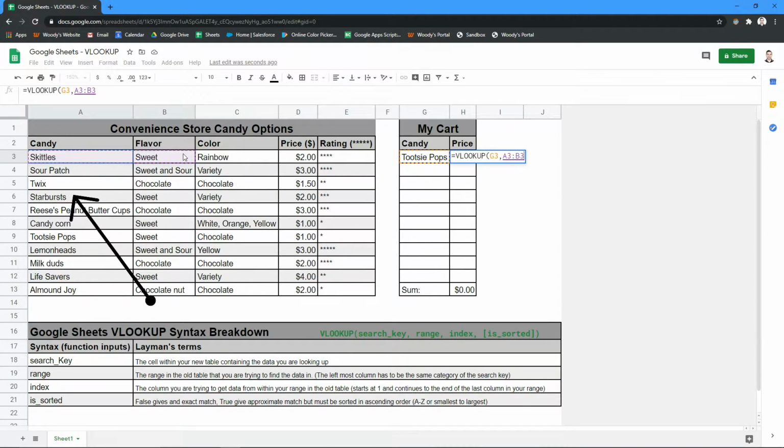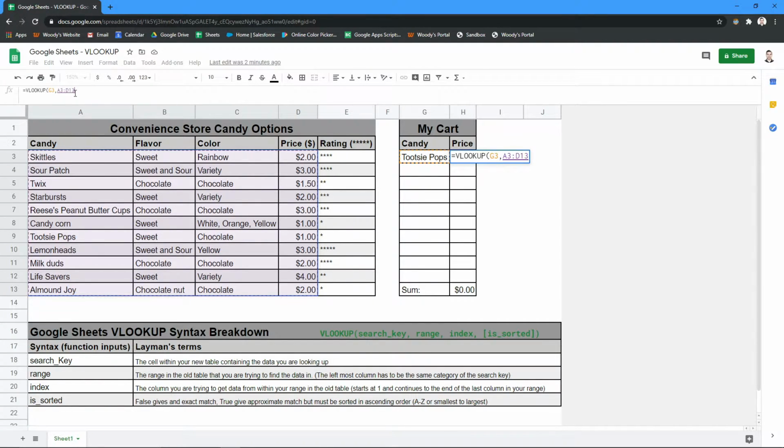So I'm going to select all of those things, and I can make this range as long as I want. I can go all the way to E, I can go to C. It doesn't matter, but I have to make sure that whatever data I'm trying to extract out of there, I go at least that far. So I'm trying to get price, so I need to go at least that far. If I was trying to get rating, I would go that far. We're just going to take price. Let's go all the way down to make sure we get all of that data.